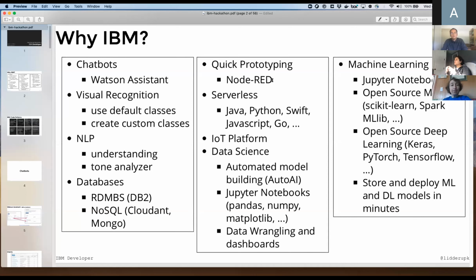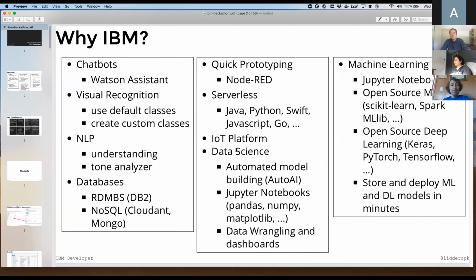You might want to show what an end-to-end service looks like in Node-RED. And if you're trying to build some APIs, you might want to think about using serverless as an option. We have an IoT platform for those of you who are working with IoT, Raspberry Pis or any IoT services. This lets you manage your IoT data.